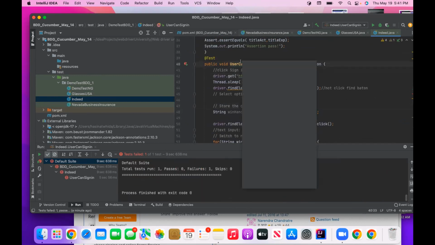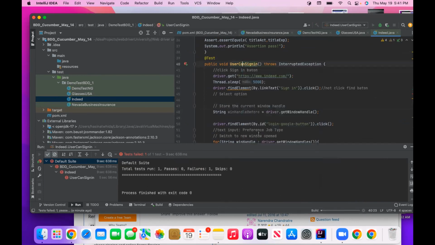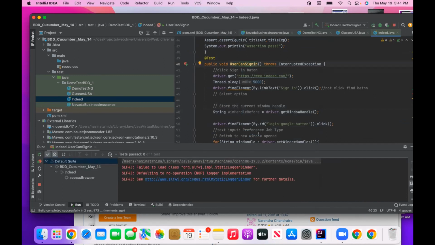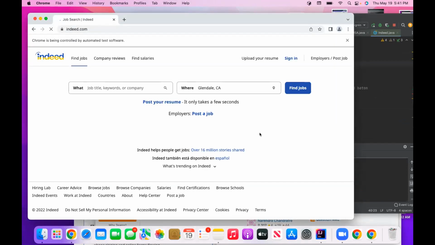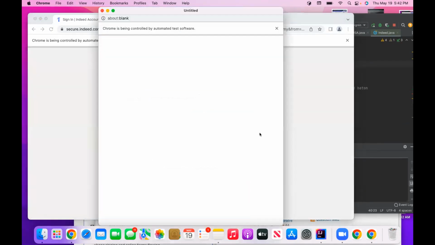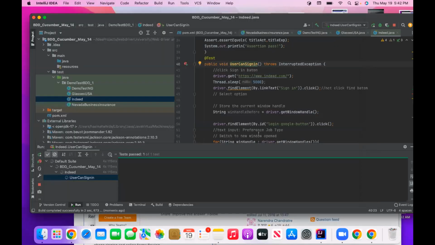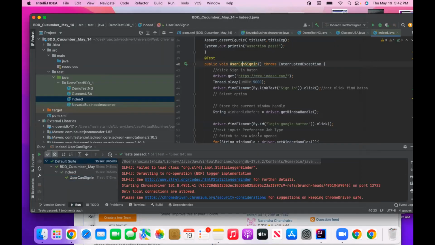Okay, I'm gonna go ahead and run. Open and go to Indeed, and then let's see what's next. 5 seconds wait, right? 1, 2, 3, 4, 5. Click on this, opened up. Okay. So every time we create a new test, we have to put the driver.get or URL again? Yes, because